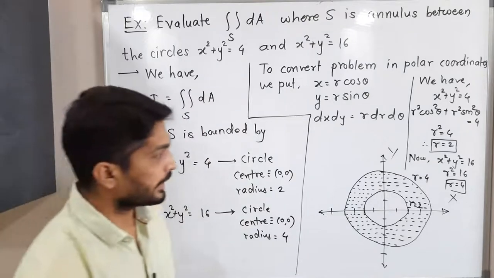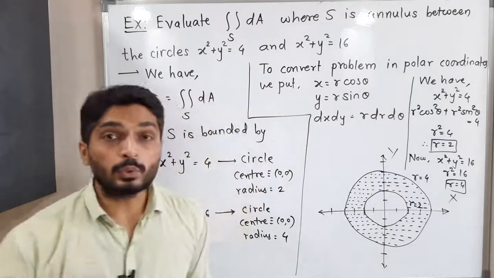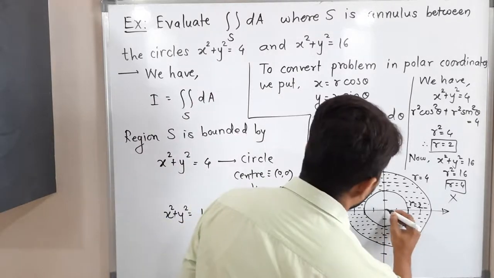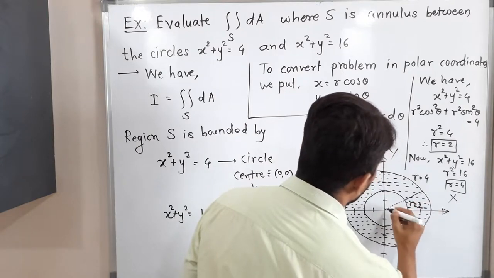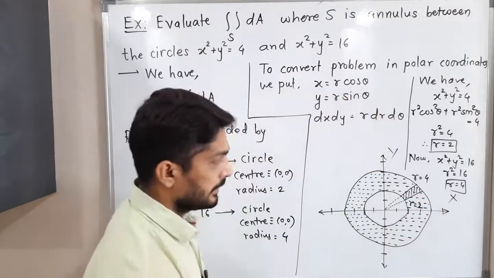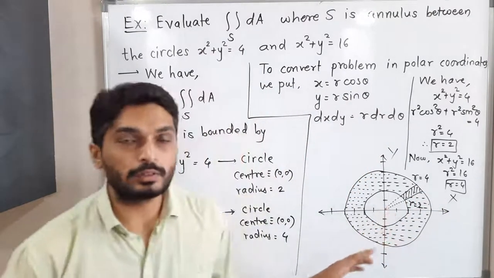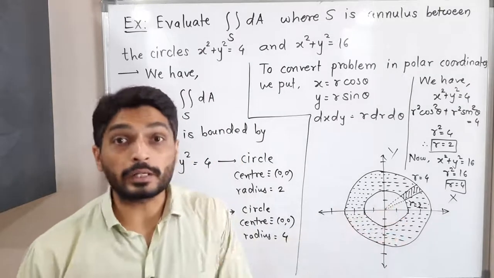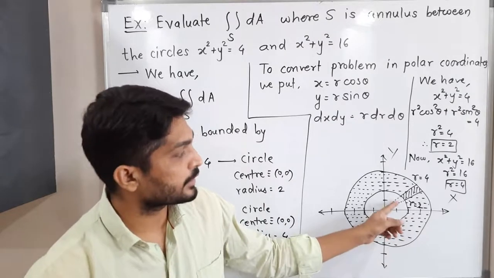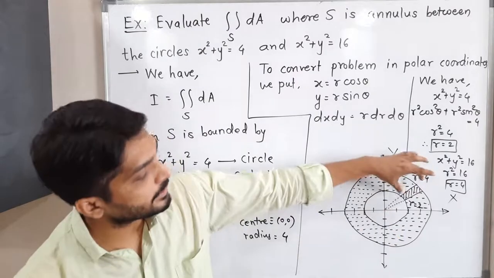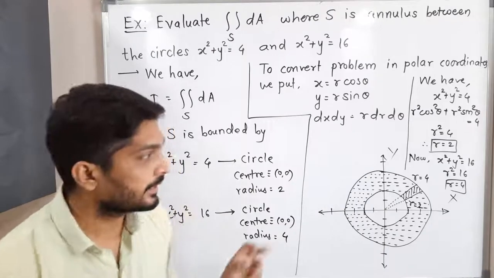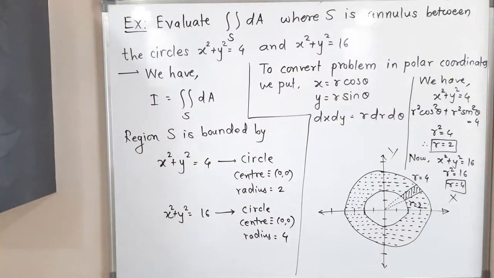After that we have to draw a strip. You know that in polar coordinates, the strip always starts at the origin, so the strip will be like this. Here the strip starts at the origin, but I have shown some part of the strip by dotted lines. That part of the strip lies outside the region of integration, so we will not consider it. We will consider only the remaining part of the strip. There is no more space to write, so make a screenshot of it, then we will go further.